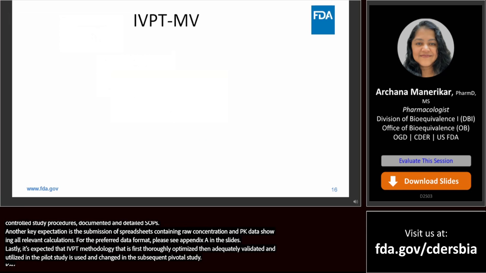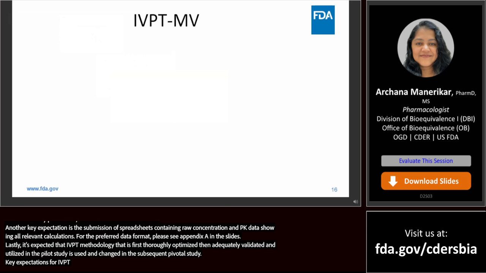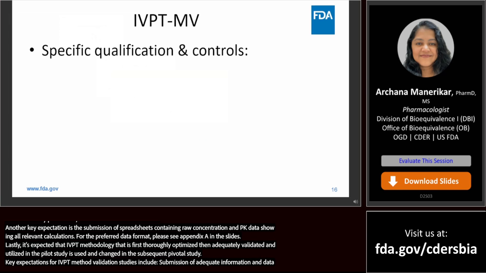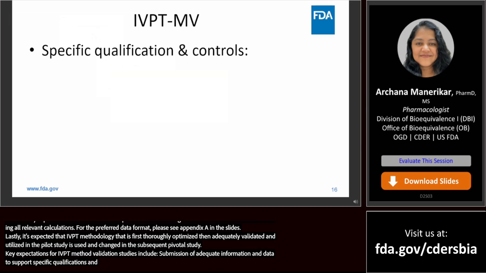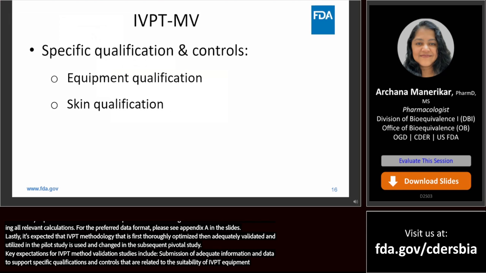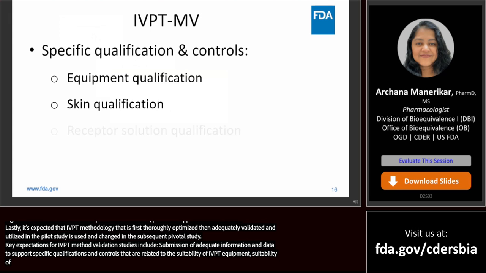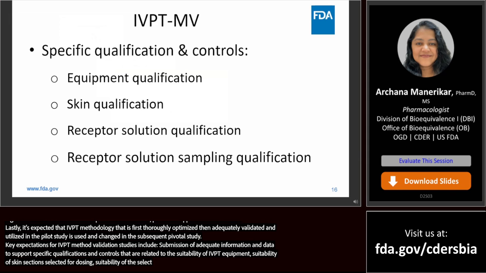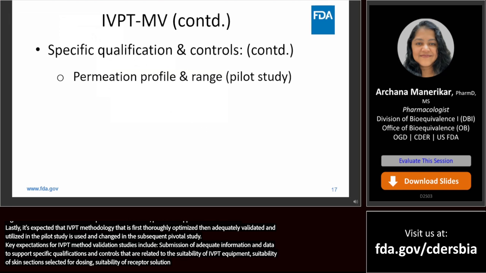Key expectations for IVPT method validation studies include submission of adequate information and data to support specific qualifications and controls that are related to the suitability of IVPT equipment, suitability of skin sections selected for dosing, suitability of the receptor solution, suitability of the sampling procedure, characterization of the permeation profile and range,